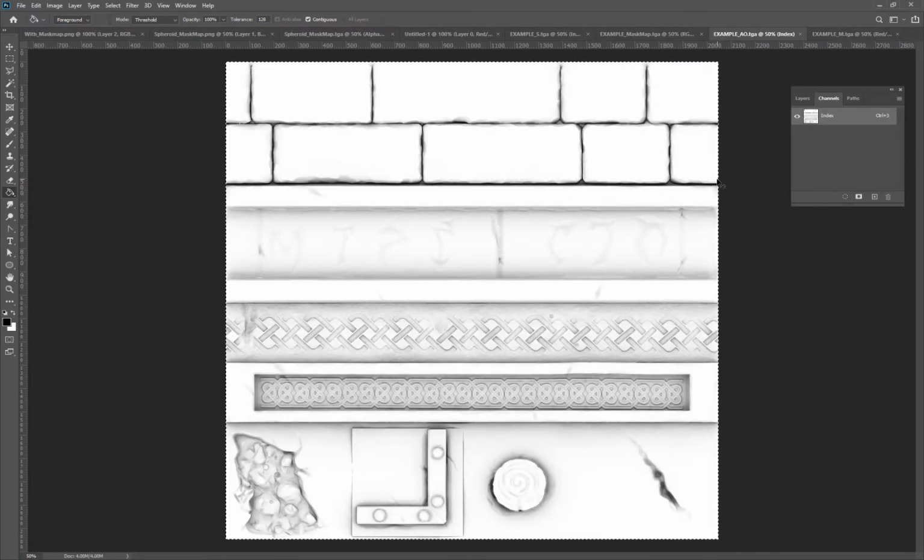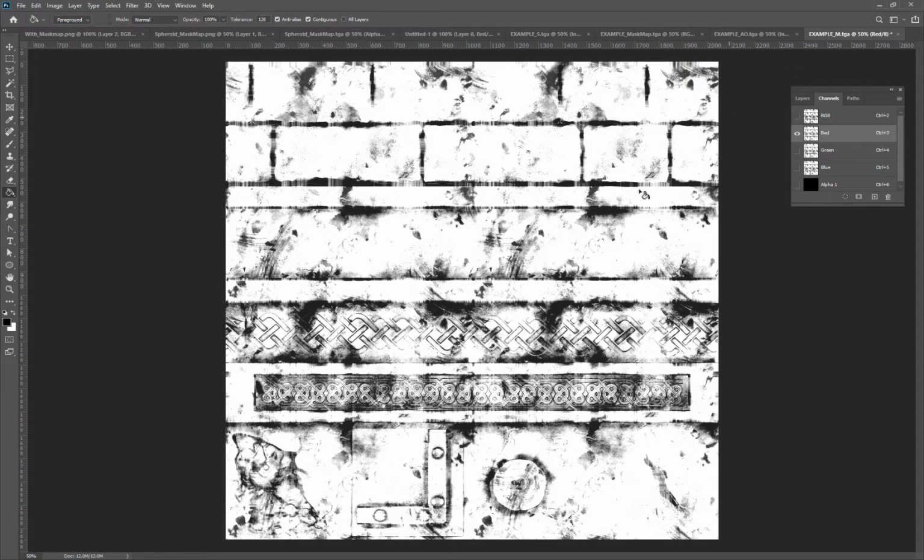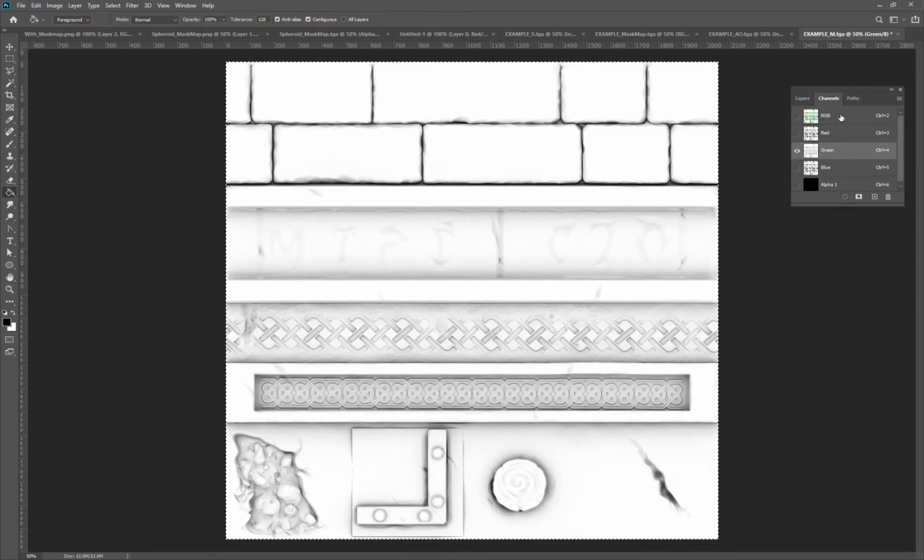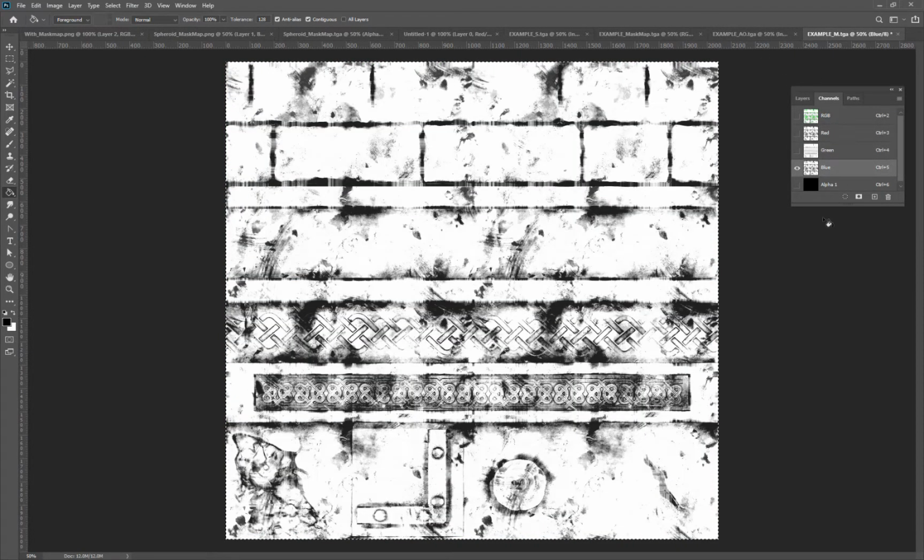So Control A and Control C, and we come over to here, and we go to the green channel, and we paste it. Okay, so now we're getting something closer, but not quite there yet. So then we go to the blue channel, and this is a cool channel because it's a mask. We aren't even going to use this one in this case, but we have another map called a detail map, which does a different normal set and a different highlight set and a bunch of different little cool things that